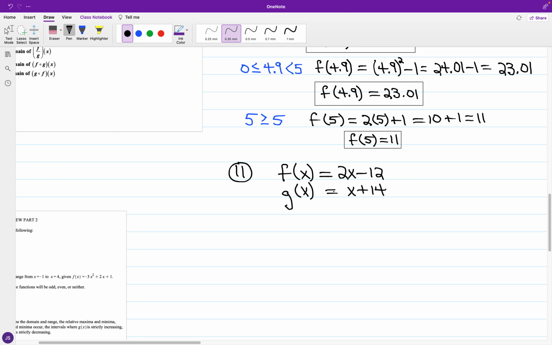Now for the first item, just for number 11, and we'll get to the domains at the end. So for f plus g of x,